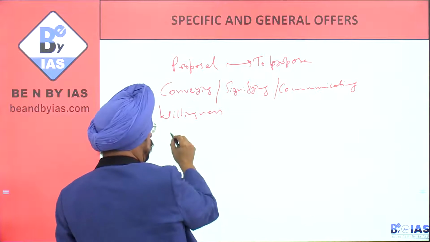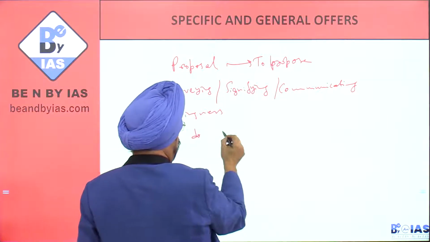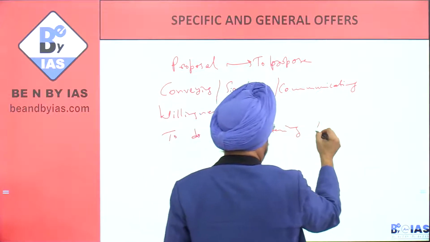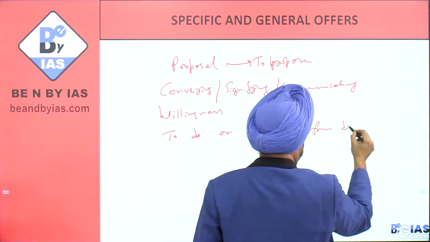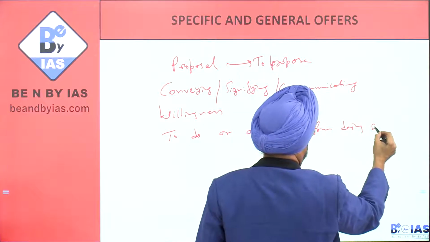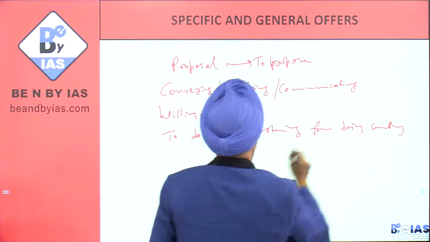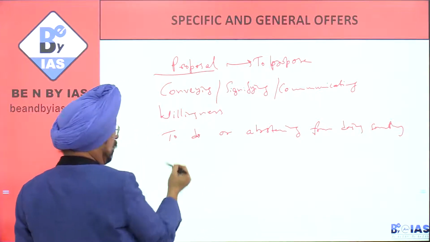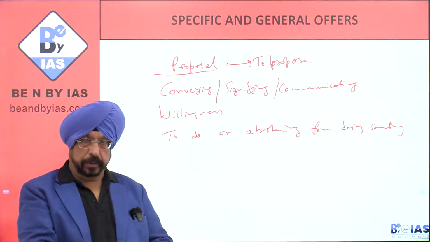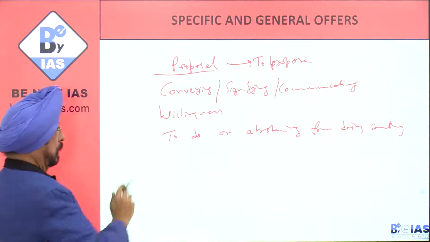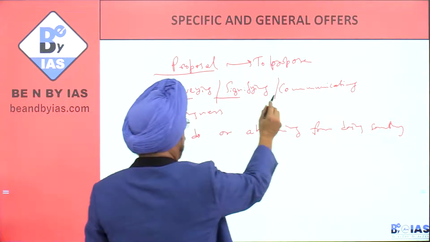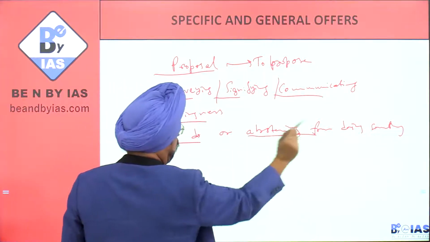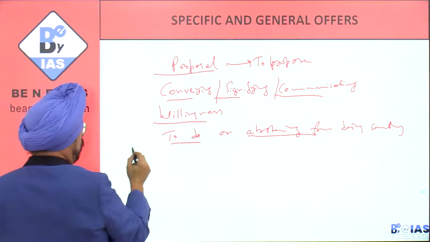Willingness to do or abstain from doing something. Proposal is, we are just analyzing it quickly before we go further: conveying, signifying, communicating willingness to do or abstain from doing something